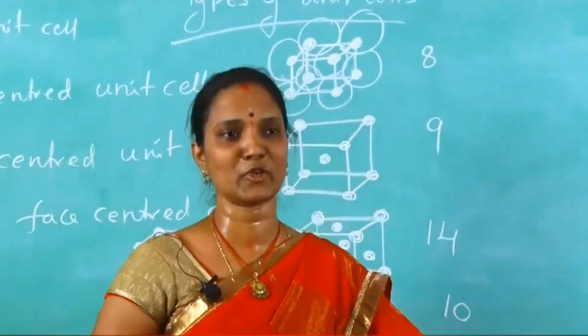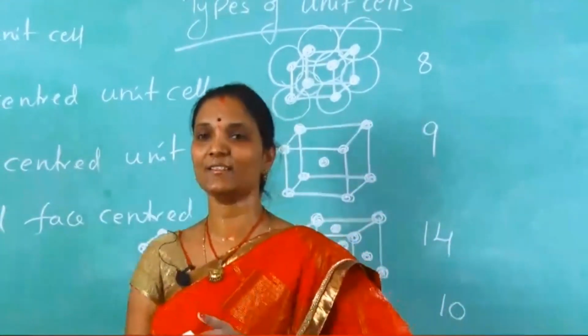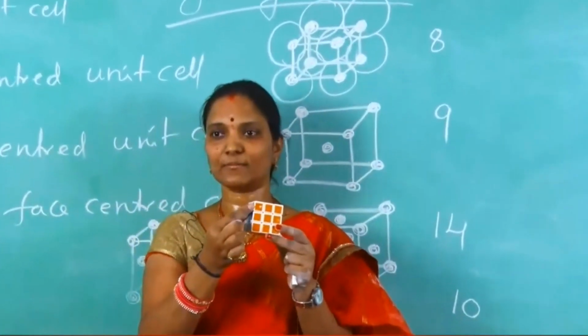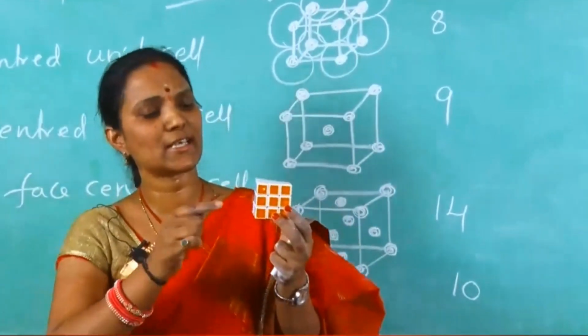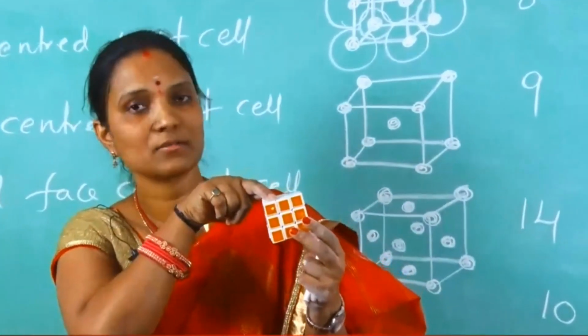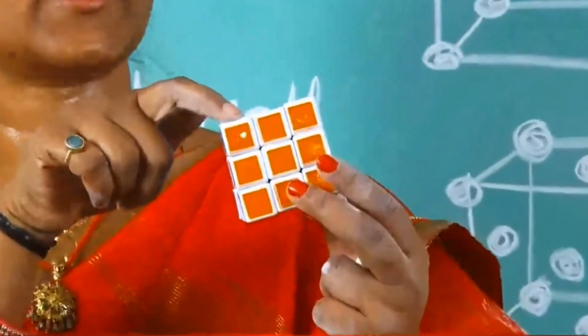What is this contribution? Now, come to this again. This is the largest crystal. Here, this is one unit cell. In this unit cell, this is the corner. In this corner, one particle is there. Now this particle belongs to this unit cell in total.